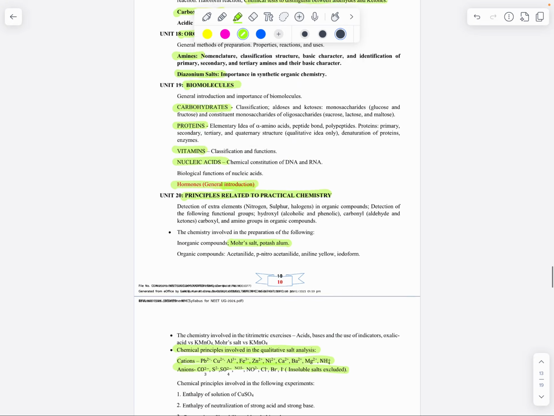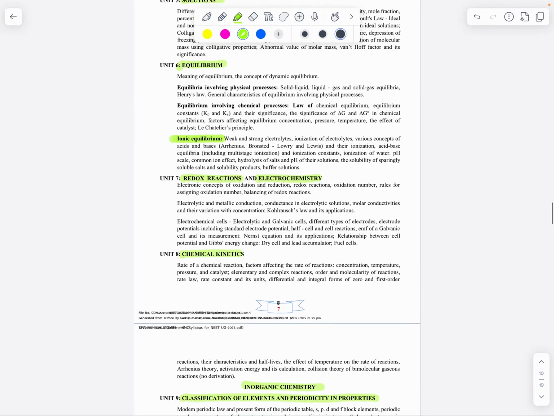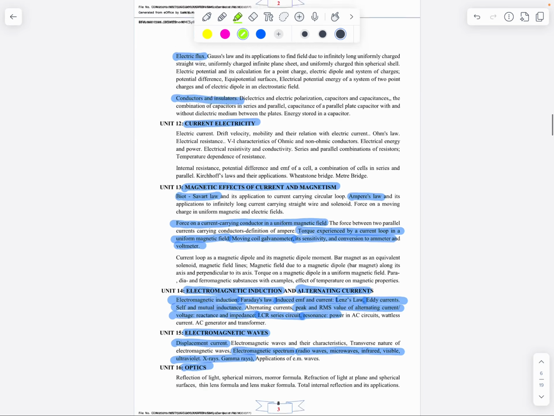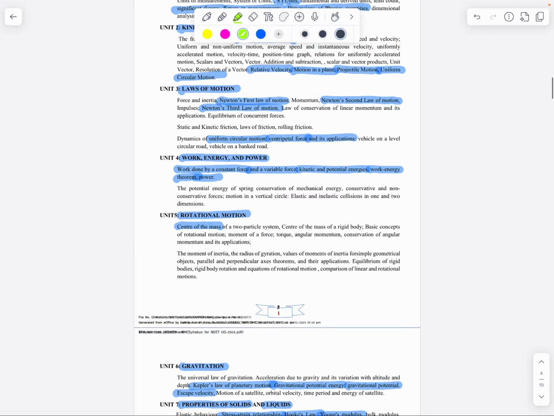So this is overall syllabus of the NEET-UG 2026. So prepare well,